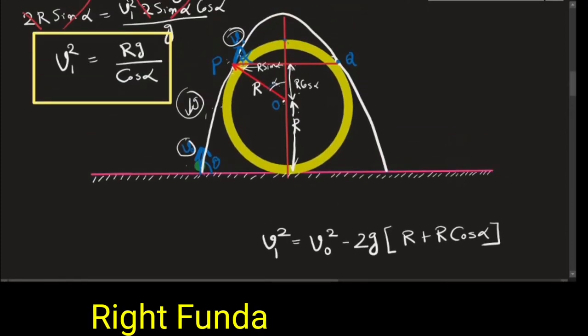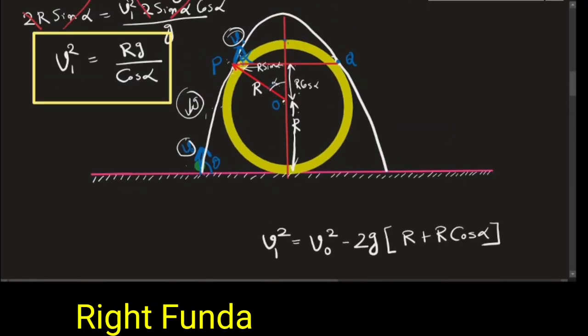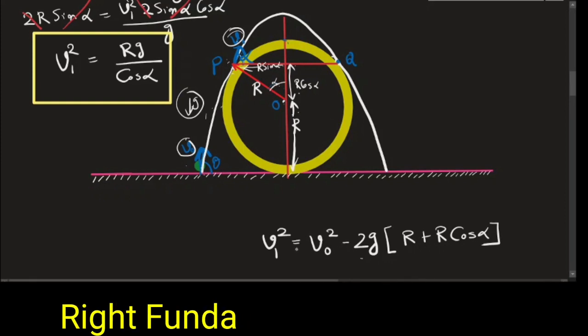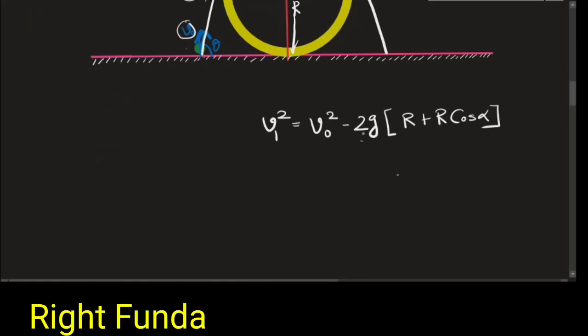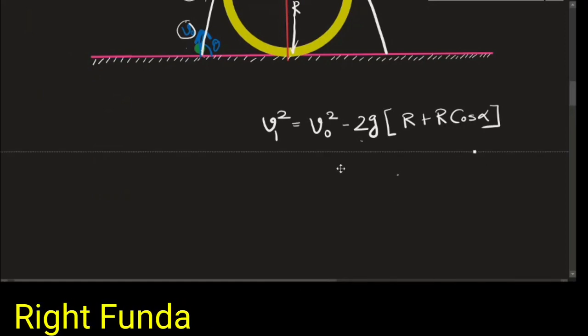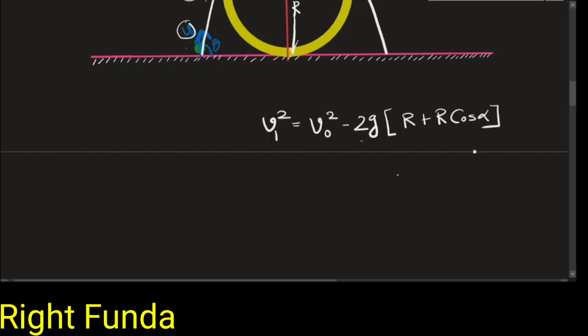R is equal to R plus R. You have traveled R plus R cos alpha, and from the dot product, minus n, we apply the formula V square is equal to U square plus 2AS. We found out after the dot product we got this result. And the V1 value we have calculated already.